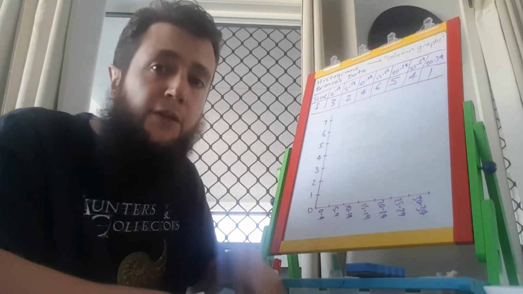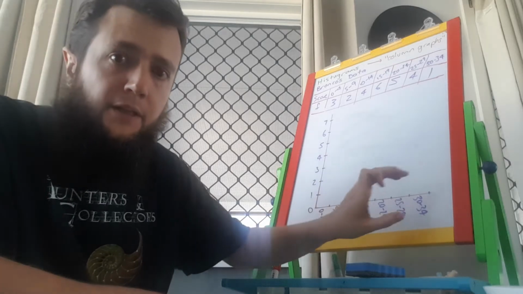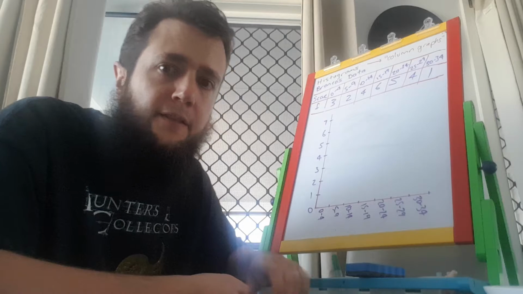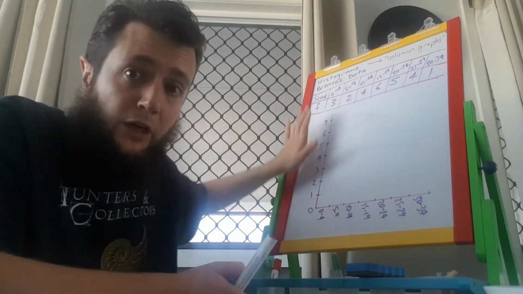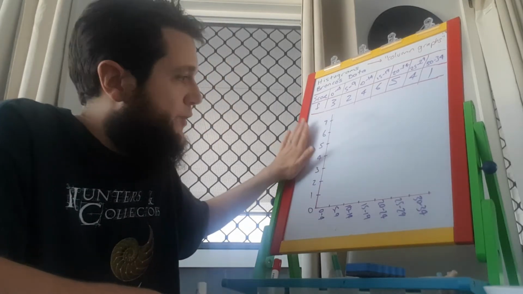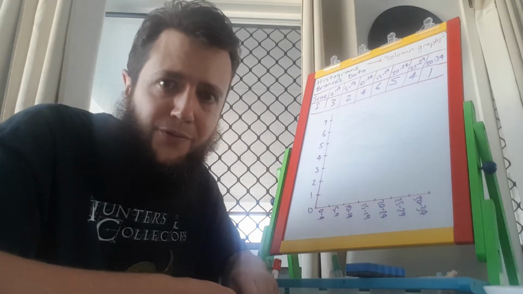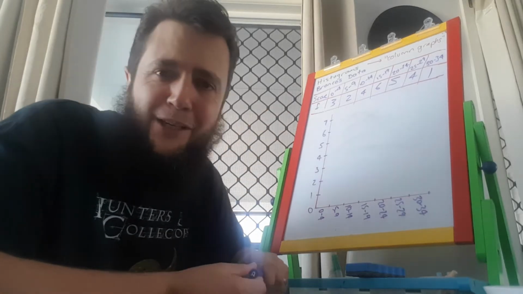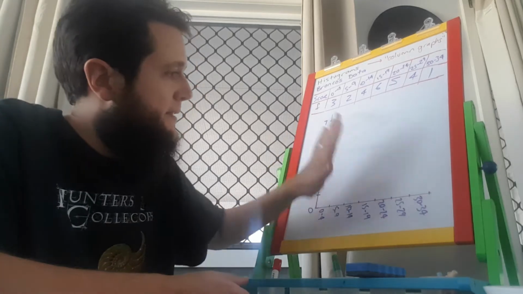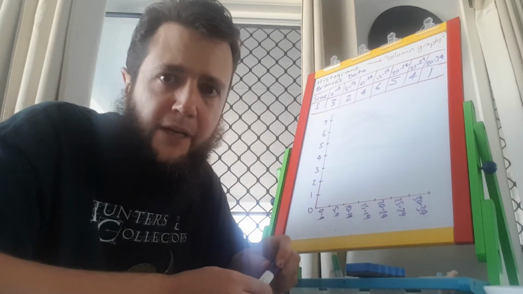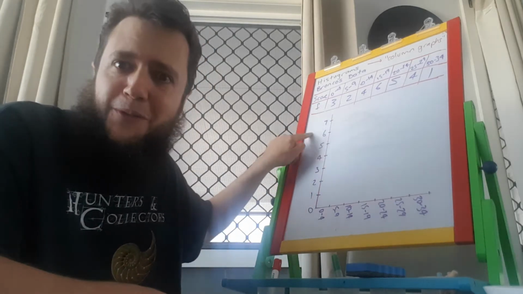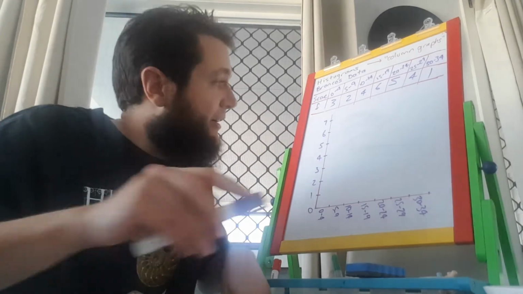Remember your theory. That's your independent variable, your x-axis, that's your dependent variable, your y-axis. This depends on this. The number of scores depends on what the score was. The score doesn't depend on the number of times it occurred. So this depends on this. That's how we always set up graphs in maths and science. Failing that, just always put the frequency on this side, okay? All right, so